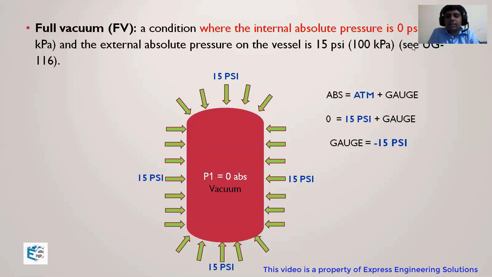So that's why we are saying that full vacuum condition means absolute inside pressure is zero and absolute outside pressure is 15 psi. Here the words used are absolute pressure and not gauge pressure. Please remember, absolute pressure has to be there. Let's say there is a vessel open to atmospheric pressure. In that case, what will happen? There will be the same pressure outside and the same pressure inside. So there will be no net pressure, no gauge pressure, and so no application of pressure in that case.